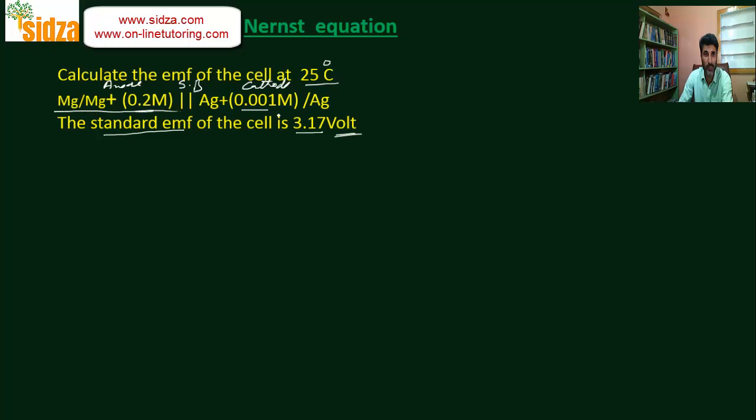So if I write down the equation here, the anode is magnesium, so the magnesium undergoes oxidation, it loses electrons. The silver electrode is the cathode, meaning it gains electrons, so it is the silver ion that will gain the electron. Magnesium will lose electrons and form the Mg2+ ion, and the silver will gain them in the form of metallic silver. Now we can balance it. This is 2 times, and this will also be 2 times. So this is the redox reaction that takes place in this galvanic cell.